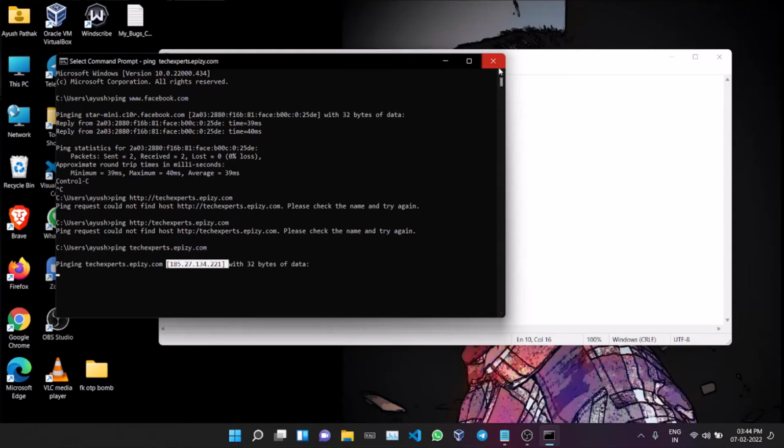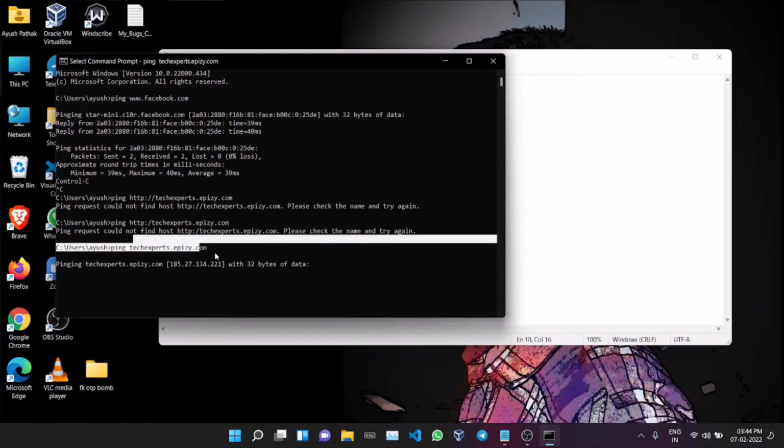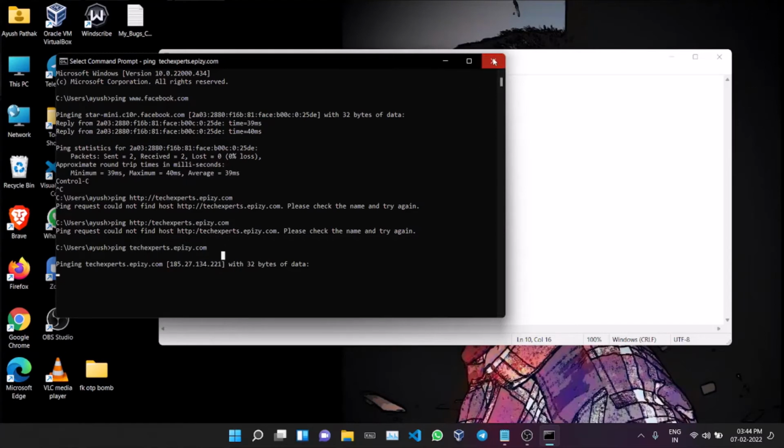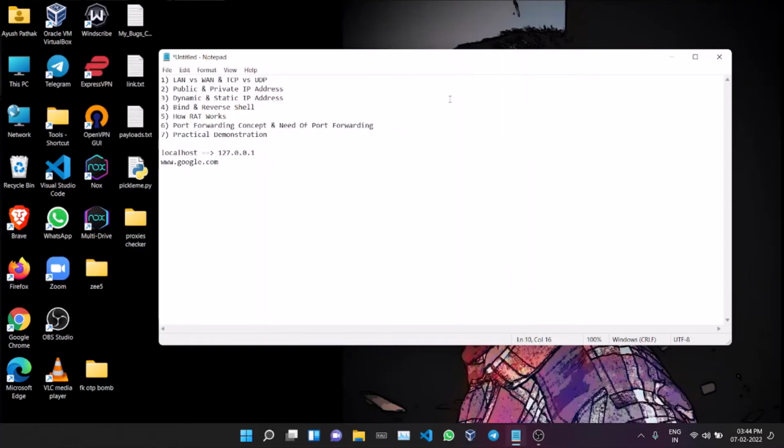So let us keep that topic aside. What I wanted to say is that at last we can communicate via IP only, not via domain. What a domain does is point towards our IP. So even if we put this domain anywhere, it will point towards our IP only. So keep this in mind, and in some seconds I will show you the practical of why we need a domain. Later we used a dynamic domain name system service, I don't remember its name, I think it was DuckDNS, that people used to get a static domain name that will match to our IP every time it changes.